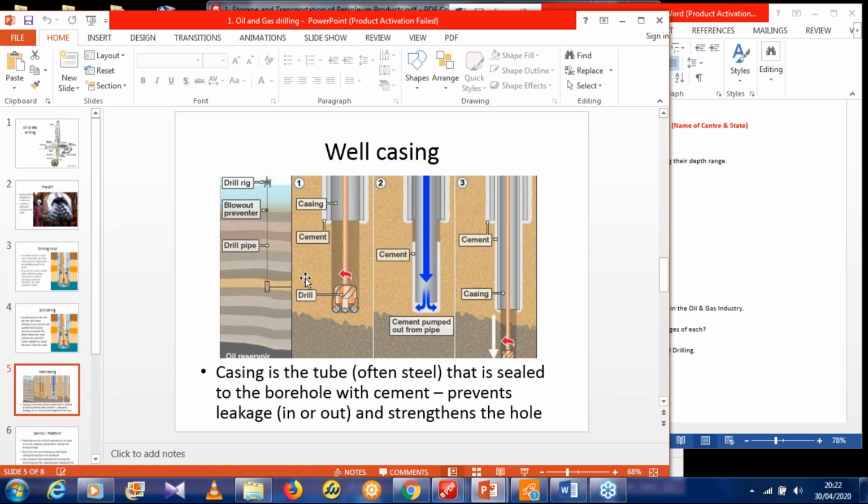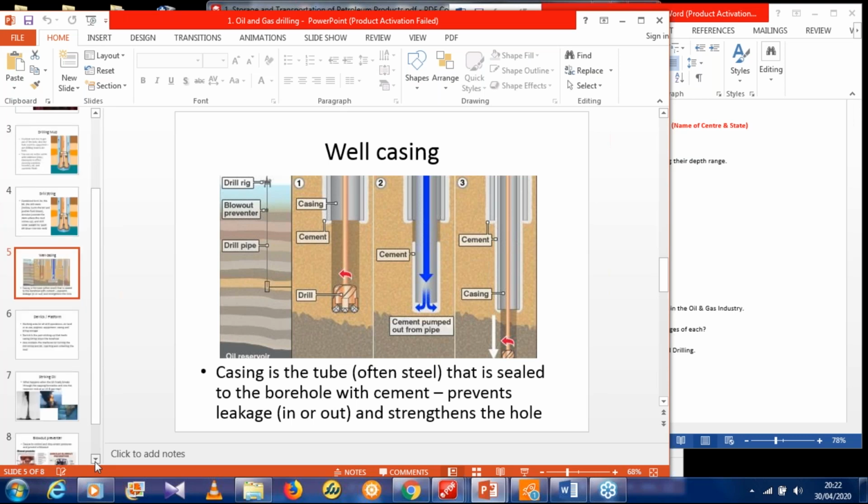So we drive in the casing. It's like a tube of steel. Alright? And it is sealed to the borehole with cement. So we introduce cement around it. Between the casing and the soil, you have cement that is also produced. So it helps us to prevent leakage, and also strengthen the hole. Strengthening the hole is a kind of reinforcement to reduce the probability of